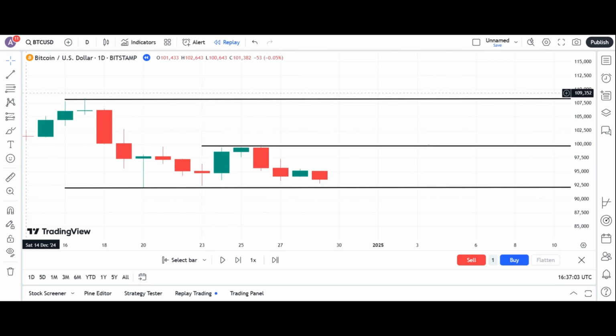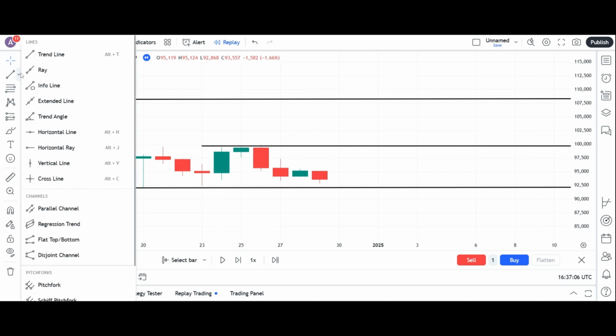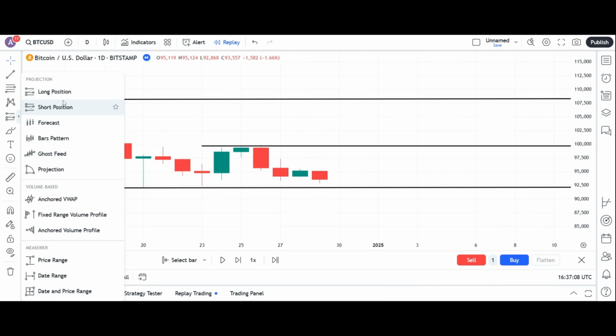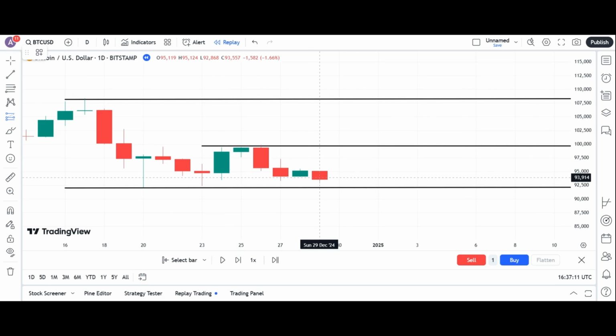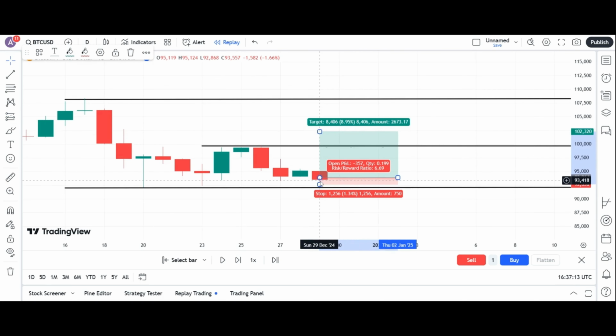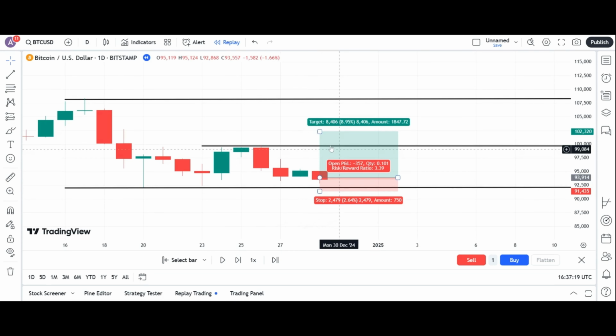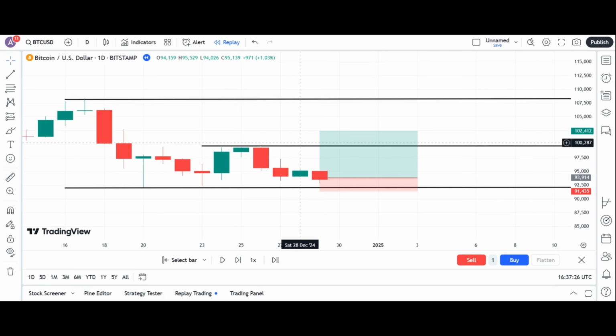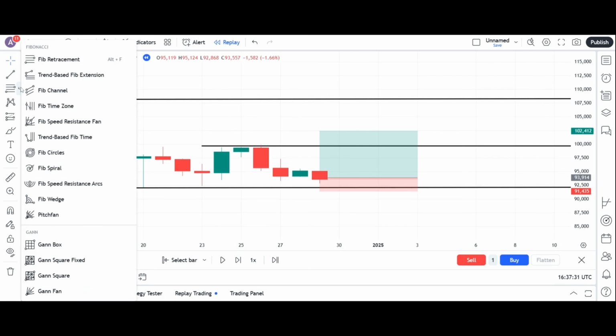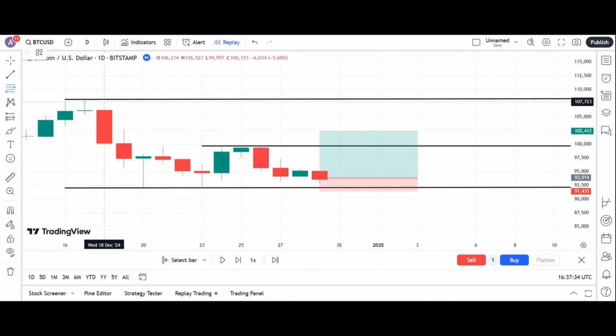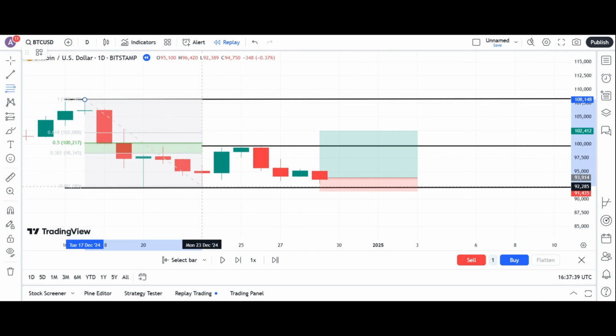So we will go for a long position, and let me use it and set the stop loss a little lower than the lowest point of the first candle, and also set the target a little higher than the midpoint. And also, if we use Fibonacci, let me use Fibonacci for further confirmation. If we use the Fibonacci and this is our swing high and this is our swing low,